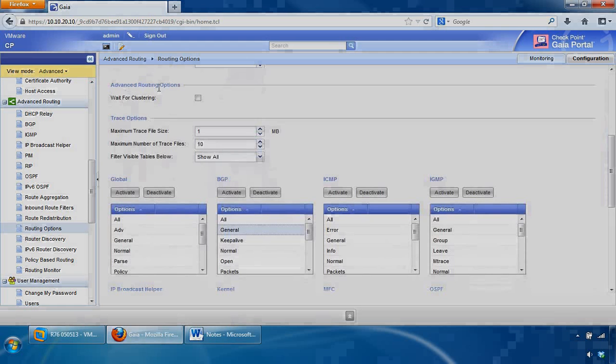So you've got advanced routing options, and there's the single wait for clustering here, and this is for clustering environments, and if checked, it does not start the routing protocol if the cluster state is down. And then you've got the trace options. So you can enable trace options for log information about errors and events. Logging is configured for each protocol or globally, so logging is not generally turned on during normal operations, as it can decrease the performance. So just turn it on when you really need it. And the log messages are saved in the var log routed.log file. So you can adjust these from here,